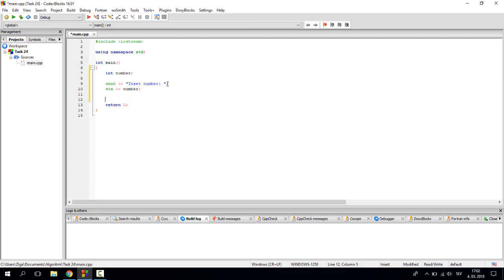So we are going to use for loops. So let's say for int e equals 1 and e is smaller or the same as number. Okay, and e plus plus. Okay, now we have the first